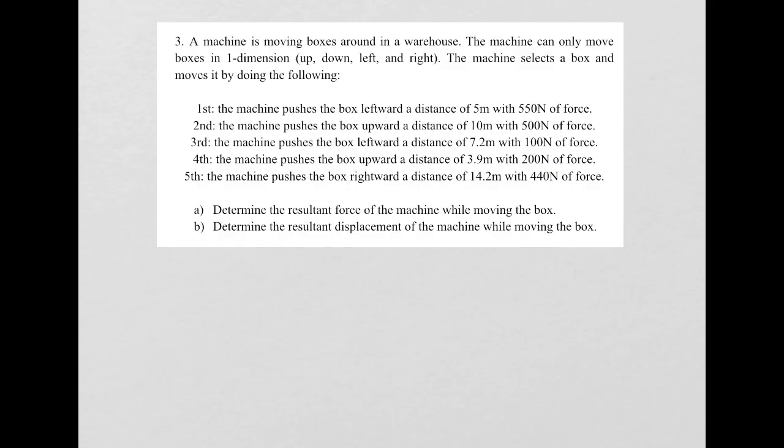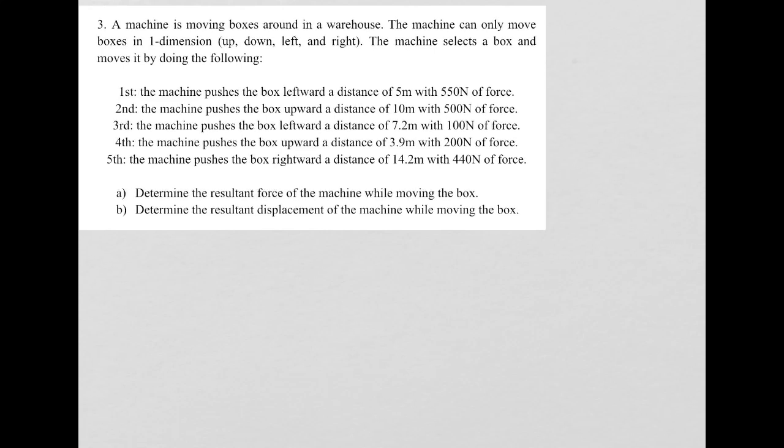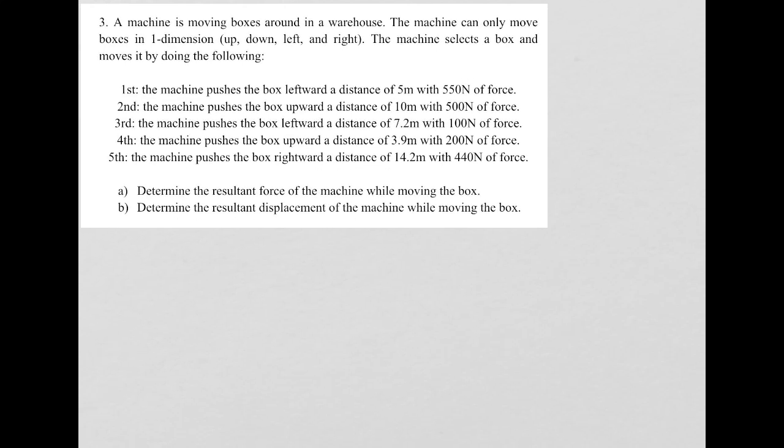All right, moving on to the final problem here. So we have two different things here. We're going to first determine the resultant force of the machine, and then we're going to determine the resultant displacement. So luckily, this machine that I made up only moves in one dimension. So it only moves left, right, up, or down. So we are going to draw all of these movements here. So the first motion, since I'm doing force first, I'm just going to do my force vectors. So we have our first motion to the left,